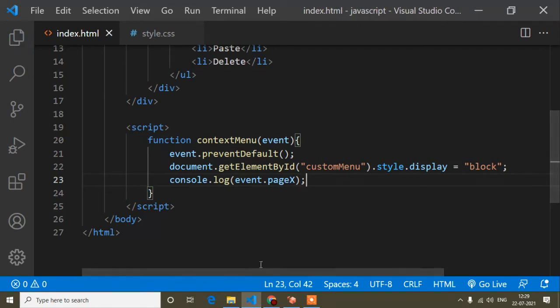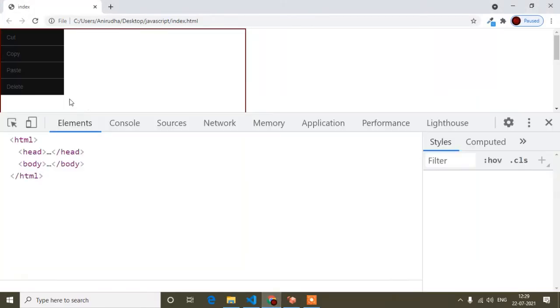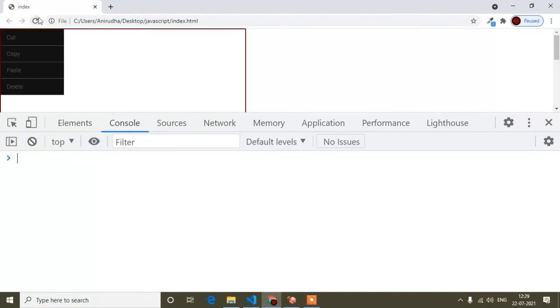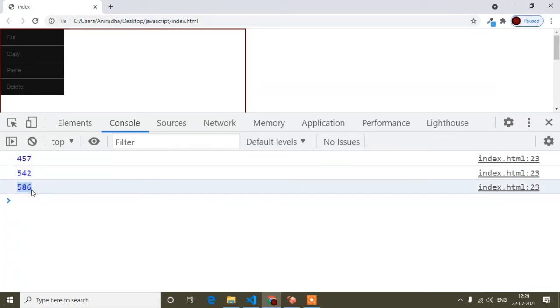So now save, and if I open the console and refresh once, and click here, you can see where I have clicked, the width of the position, I mean it starts from the left. If I click here, from here to here the width is 542. If I click here, you can see the position is 586.